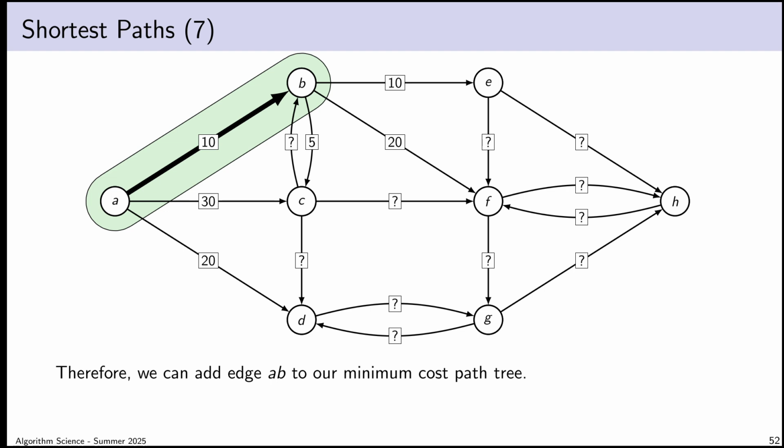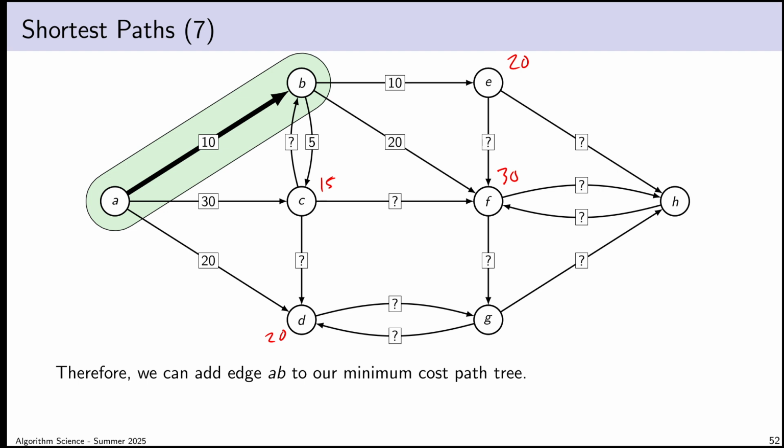For example, I can reach vertex E first. I can reach vertex E via vertex B for a total cost of 20. I can reach vertex F via vertex B for a total cost of 30. I can reach vertex C via vertex A for a total cost of 30, but then I also realized that I could reach vertex C via vertex B for a total cost of 15. So 15 clearly is the better number. We'll keep that one. I can reach vertex D via vertex A for a total cost of 20, and I think that's it as far as being one step away from the tree.